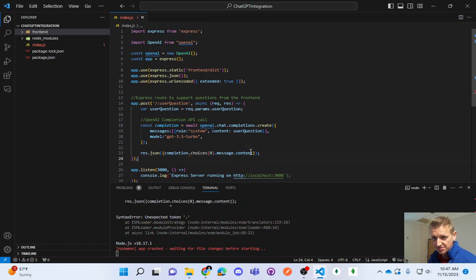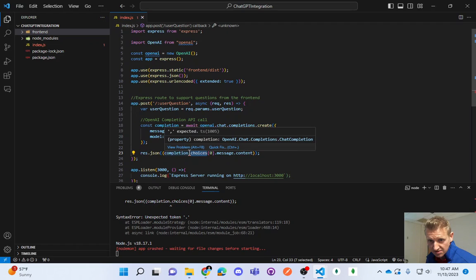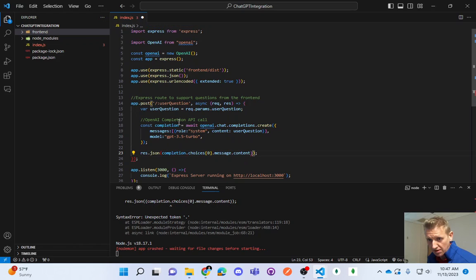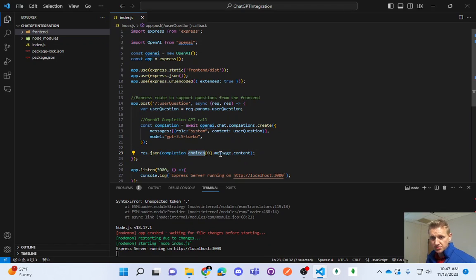So this will be the object that's sent back. Completion dot choices. What do you not like about dot choices? Oh, maybe I don't need curlies there. There we go. Completion choices message dot content. So now that I hit that,